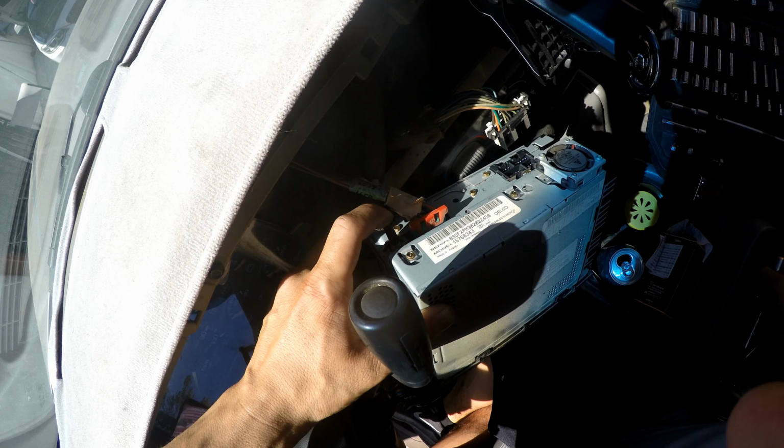Today's video, we're going to install this Bluetooth head unit on the Sierra. With the keys to accessories, I'm going to shift down. On the radio on each side, there's these little push down tabs. I'm going to press down on them and wiggle the radio out. And once you slide it out,